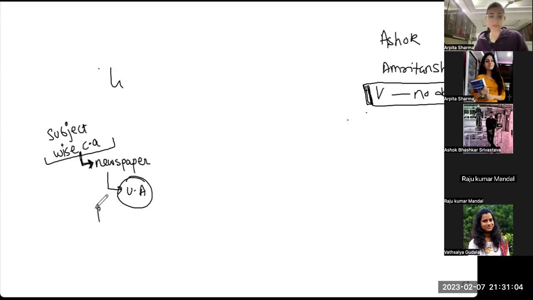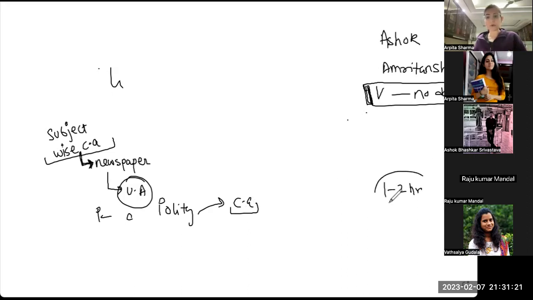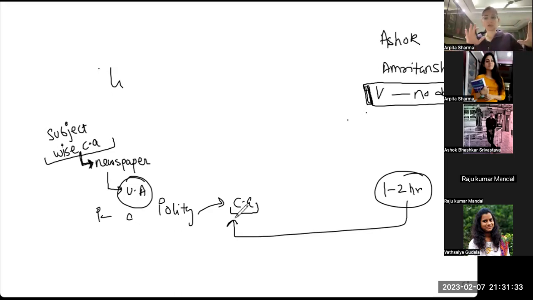बट जो आप बोल रहे हो कि पहले मुझे पॉलिटी खत्म करना है फिर मैं उसका करंट अफेयर्स करूंगा, इससे अच्छा ये है कि आप पॉलिटी पढ़ रहे हो तो साइमल्टेनियसली करंट अफेयर्स भी देखते जाओ। मतलब आज पॉलिटी सब्जेक्ट आपने उठाया है, कोई भी टॉपिक पढ़ा है, तो साइमल्टेनियसली 1 से 2 घंटे उसके करंट अफेयर्स को भी दो। ये नहीं कि एक बार पूरा सब्जेक्ट खत्म कर लिया, उसके बाद मैं उसके करंट अफेयर्स देखूंगा। इससे मल्टीटास्किंग के थ्रू आपका काम इजी होता जाएगा। एक बर्डन नहीं आएगा कि सब्जेक्ट हो गया, अब इसके करंट अफेयर्स करो।